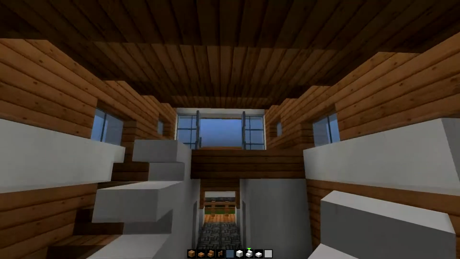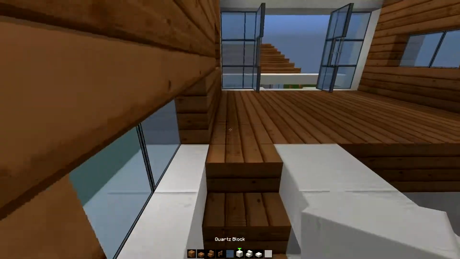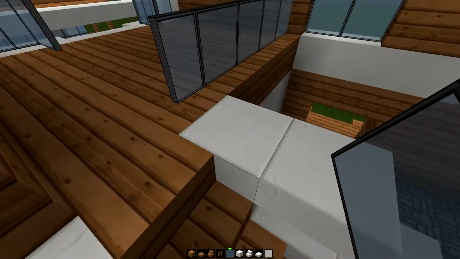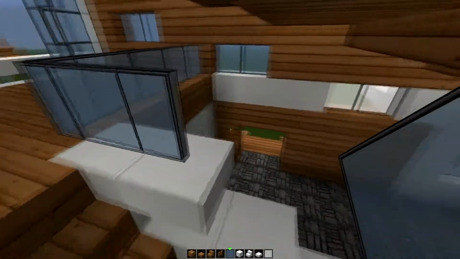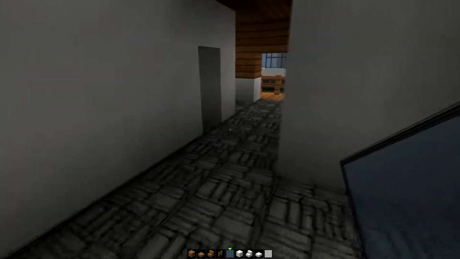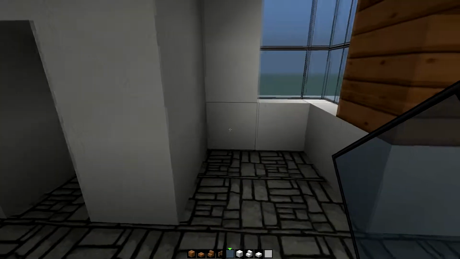Anyway, moving on to the top bit here, you're going to want to put glass here. Well, maybe you don't want to. Maybe you want to put something else here. I put glass here. This isn't the final colour. This glass is just temporary to tell me that there is going to be glass there eventually. Now then,